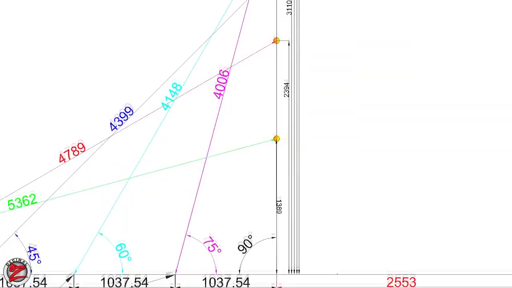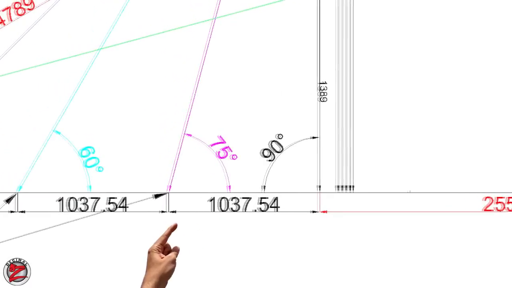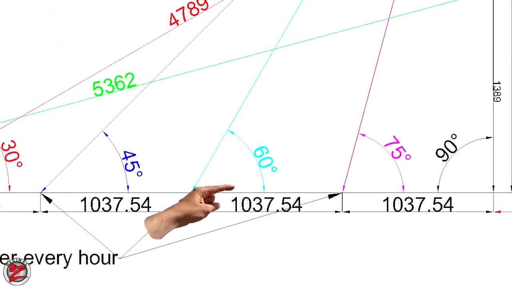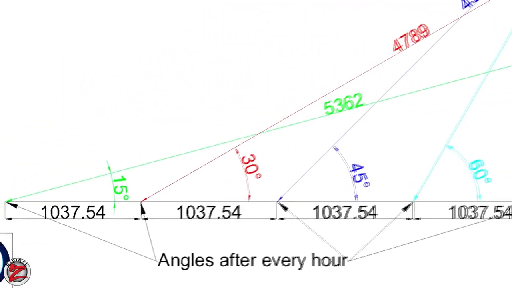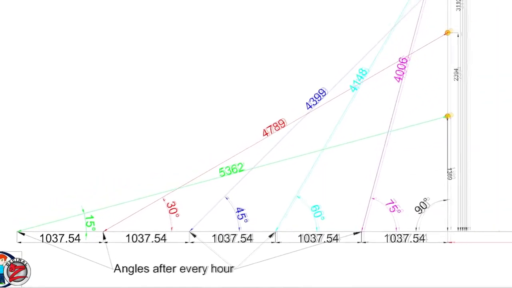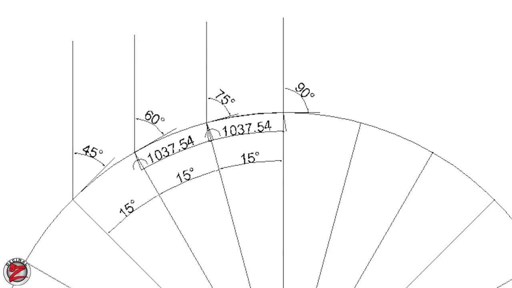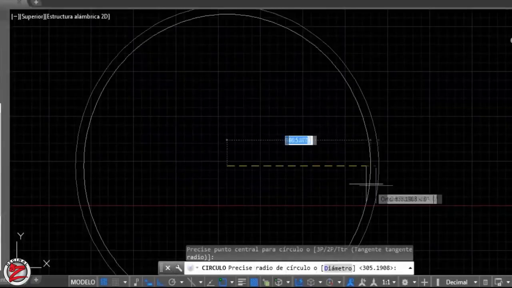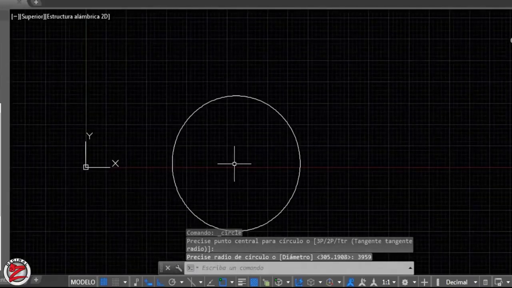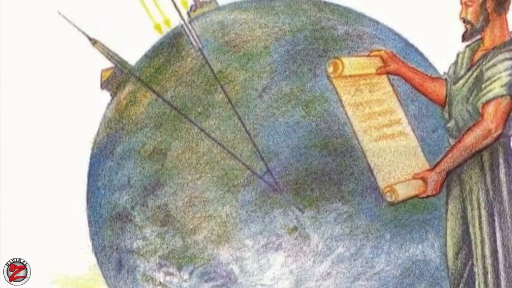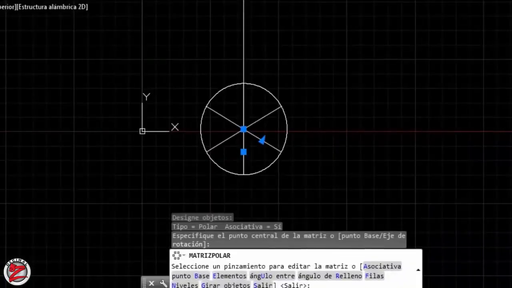If you got the angles and you were smart enough to realize that after every 1037 miles, starting from the 90-degree angle, it is always 15 degrees minus, you will see a formula through these numbers and you will be able to make a shape out of it. Anyone with a simple math brain can do that. If you want to curve it down, you must create a circle with this exact radius of 3,959 miles. And there is no other radius that will work for the ball Earth and match reality. And all you have to do is follow the mathematics of Eratosthenes.